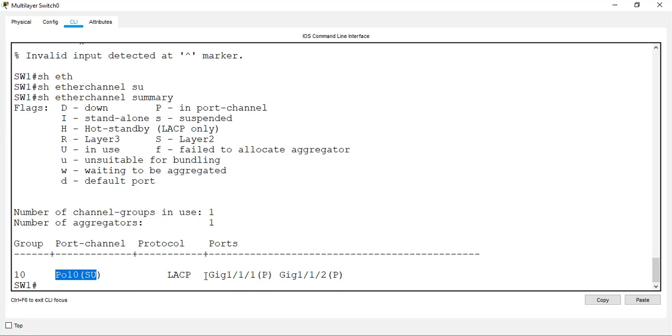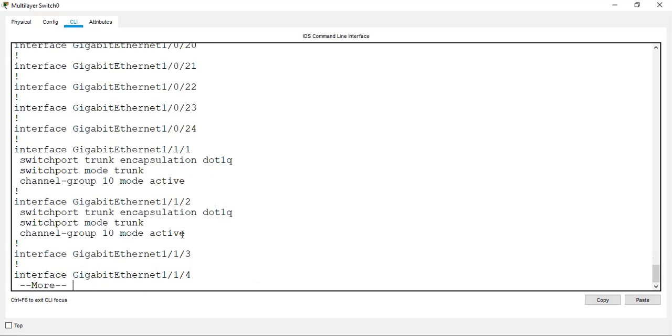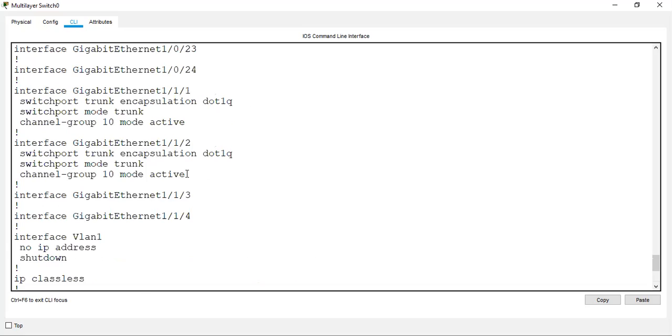Then you can see if it's S, then check the individual port configuration by giving show run interface GE1/1/1. Then you will come to know what is missing in this port configuration. Maybe they forgot to add the group number, or they made a mistake and put passive on both sides instead of active.